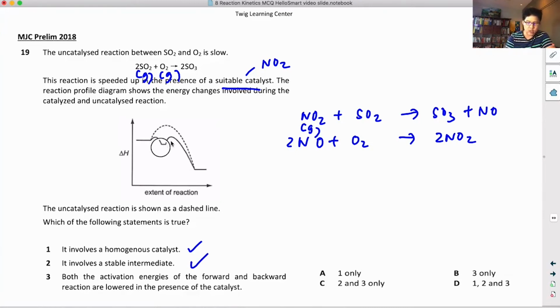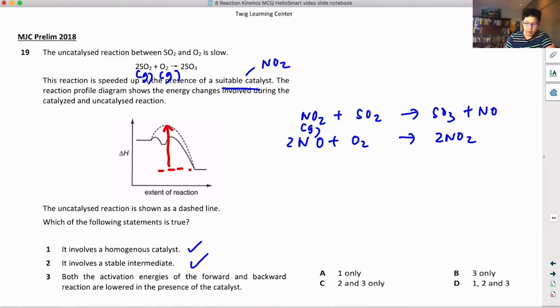Okay, so let's check it out. At first, this was the forward activation energy. But now the forward activation energy in the catalyzed reaction is just a tiny bit. Can you see that? So it actually has been lowered. The backward activation energy was at first over here,